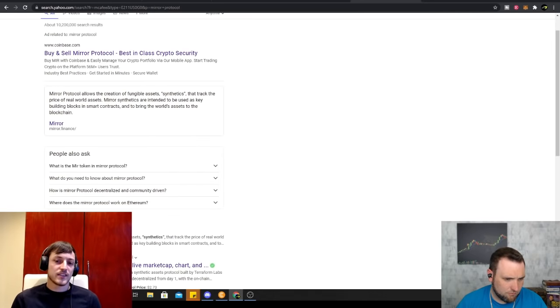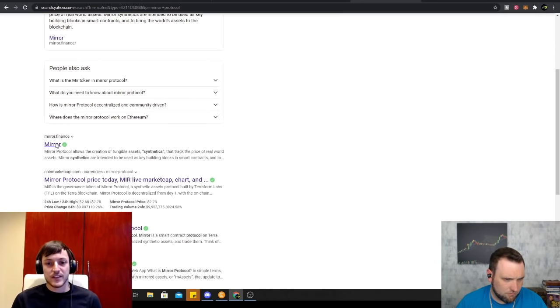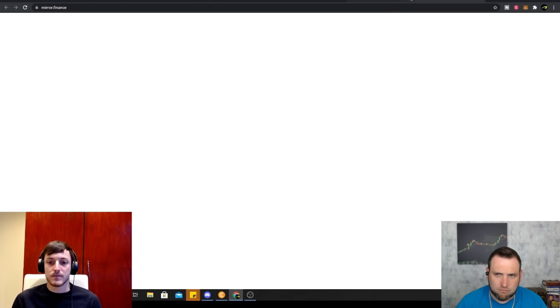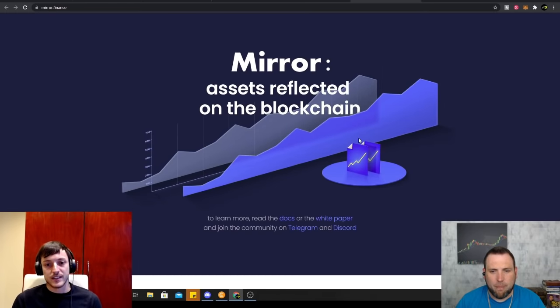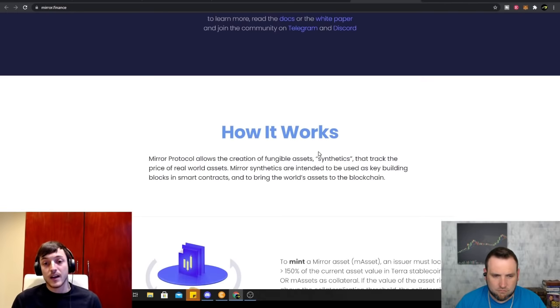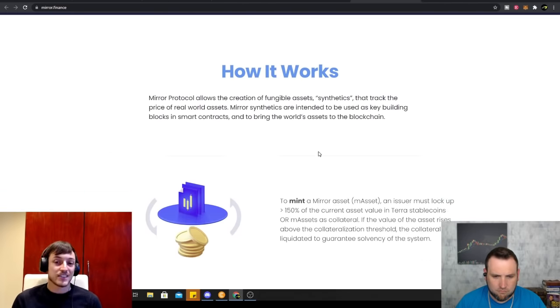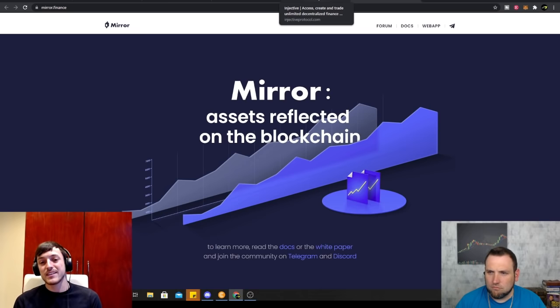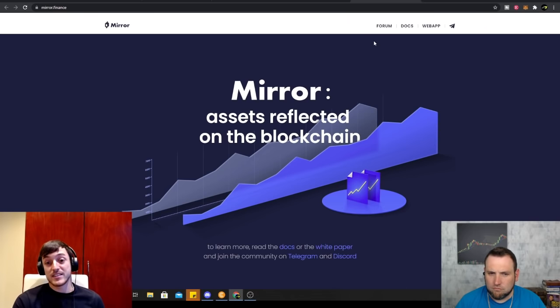There's actually quite a few synthetic asset issuers now, if you like, or applications where you can mint these synthetic products. And I think it's a big trend in cryptocurrency. That's why I'm invested in Injective Protocol, for example, which is looking to have an unlimited number of markets, having synthetic stocks, synthetic assets of different cryptocurrencies potentially as well. But I think they have the spot market, so they'd probably be looking more towards other types of synthetics outside of just crypto tokens. But yeah, what you see there is Mirror Protocol on the screen, basically.